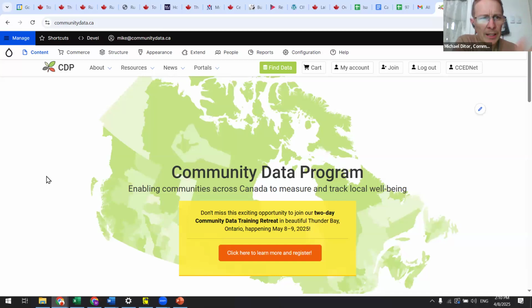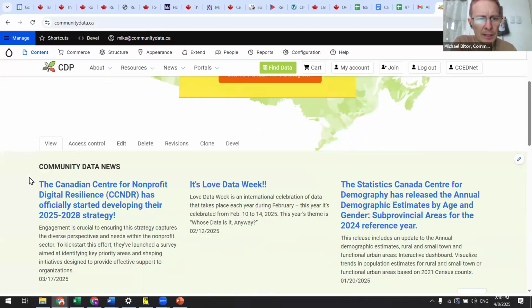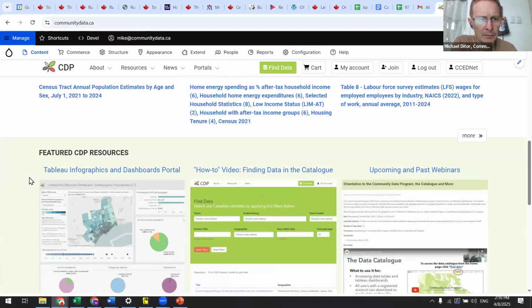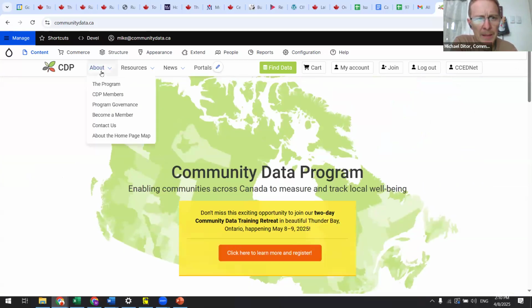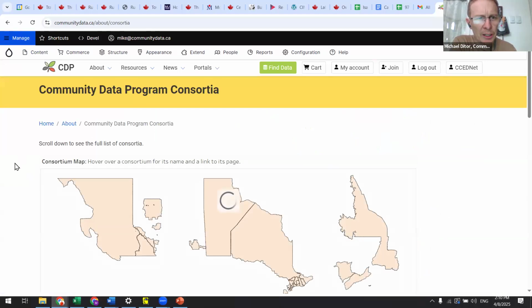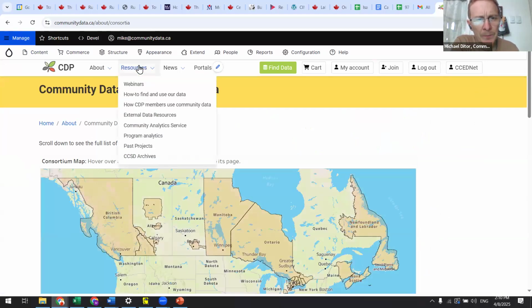give a quick demo of the website, here's your landing page. I'd let you just explore that on your own. The About menu, again, explore this on your own. This is where you can see, someone had asked about finding how to see what consortia exist. That would be here. The resources menu I should linger on a little bit because we try to provide some useful resources,